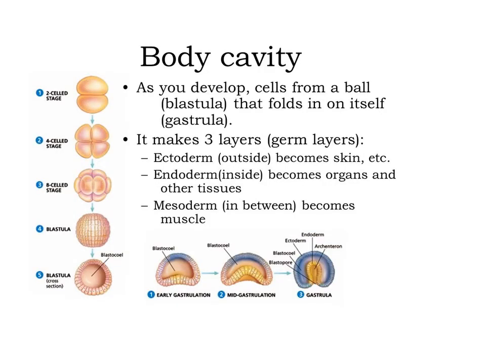This enterocoelom body cavity. This is the first stage, where the zygote divides into the 2-cell stage. It further divides into the 4-cell stage. An 8-celled blastula is formed, and this blastula has a blastocoel.